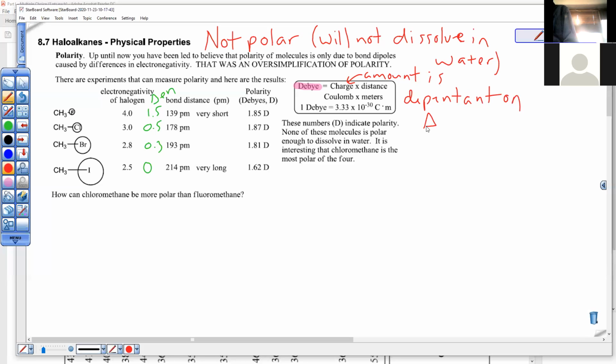Now, distance is dependent on how big the atom is. That's clearly going in the opposite direction. The biggest atom has the lowest electronegativity, and the smallest atom has the largest. So we have two different factors going in opposite directions. And the happy medium is this one right here, where the atom is still not particularly large